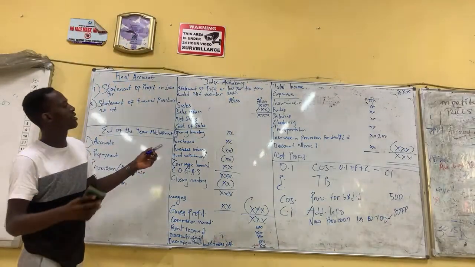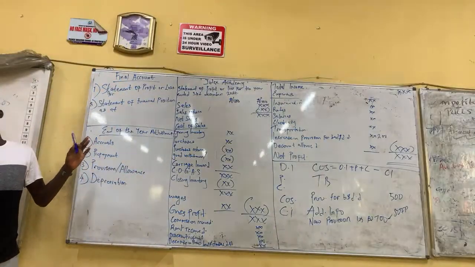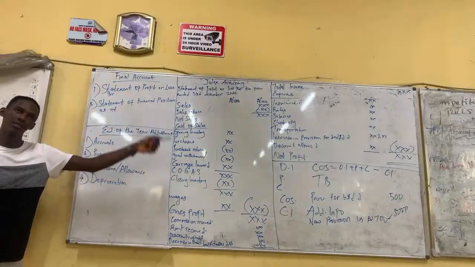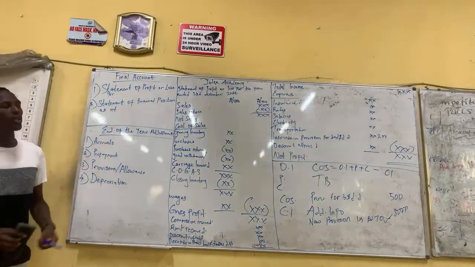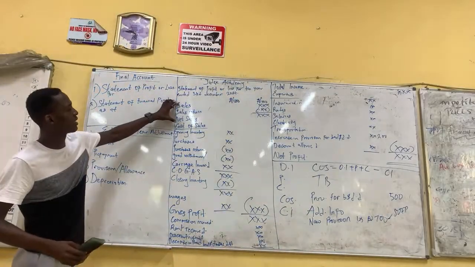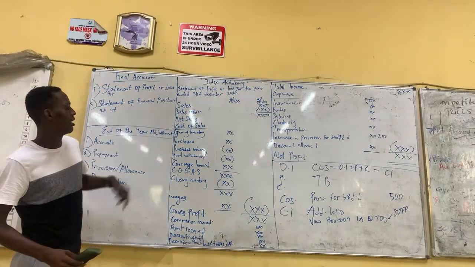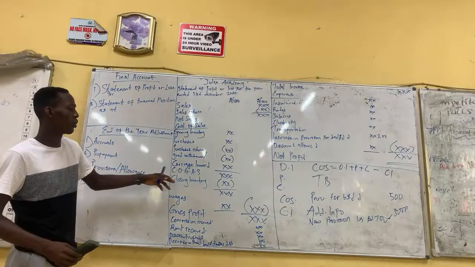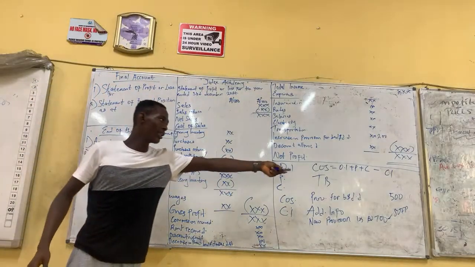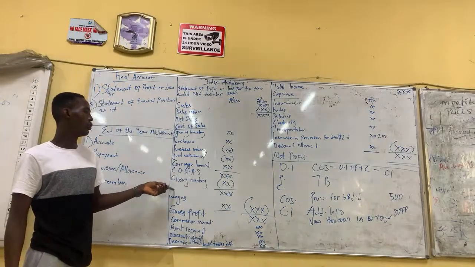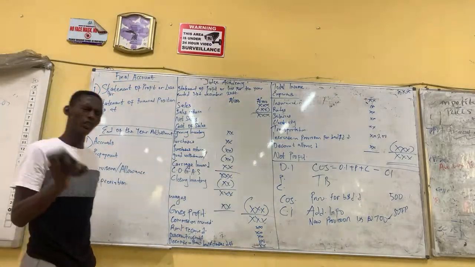Don't worry, as for this, you don't have to be scared or anything. They won't ask you a full question like this. They can never ask you a full question like this. This is what they have to do. Either they just pick this part and ask you what's this, how will you get it? Or they pick this part and you have to get either purchases or closing inventory. And once you are able to do it this way, then you know what to do. Now another thing I just remember is